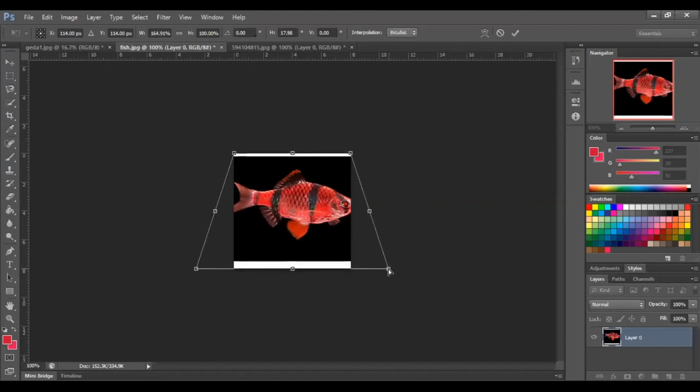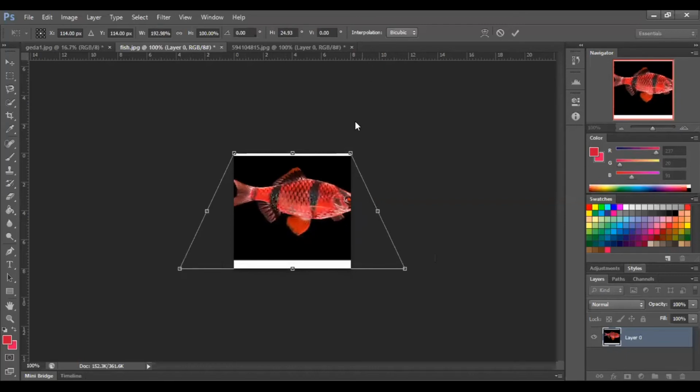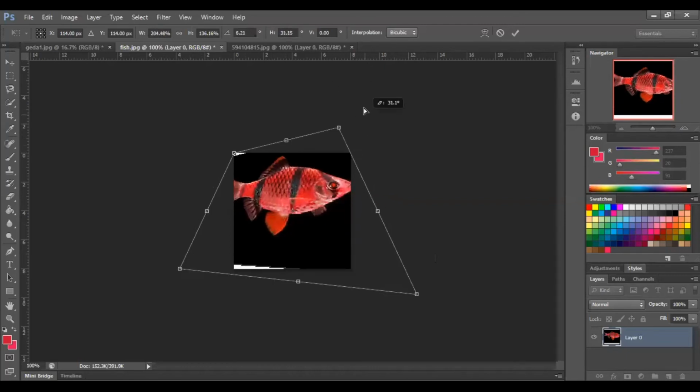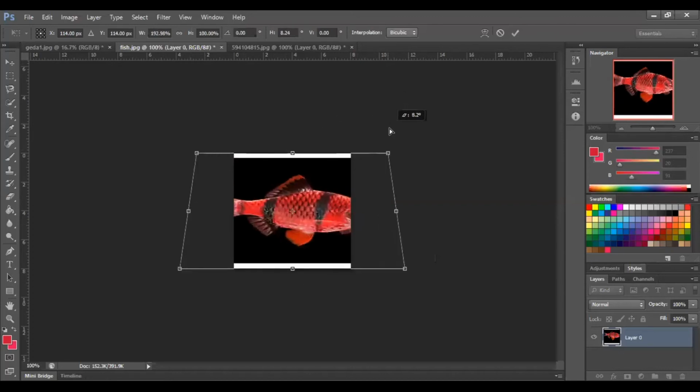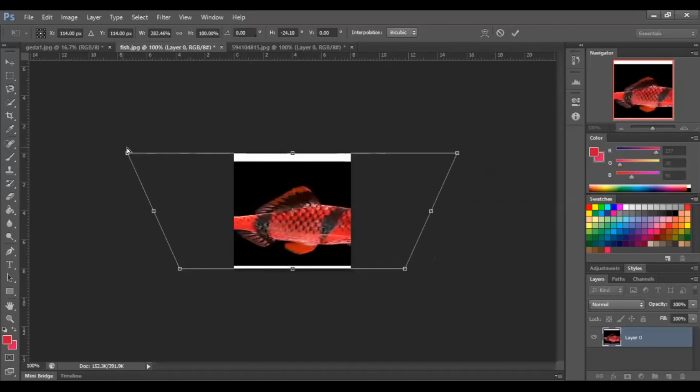Suppose I transform this side, the opposite side is transformed automatically. This is the meaning of perspective.